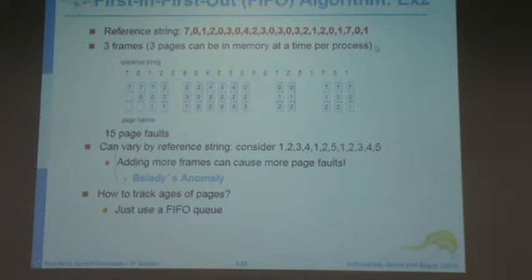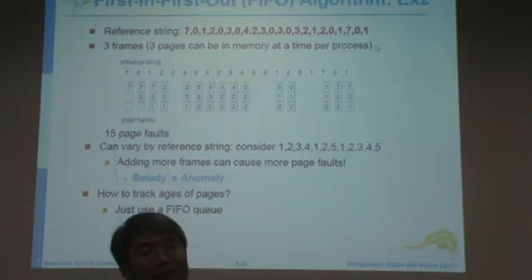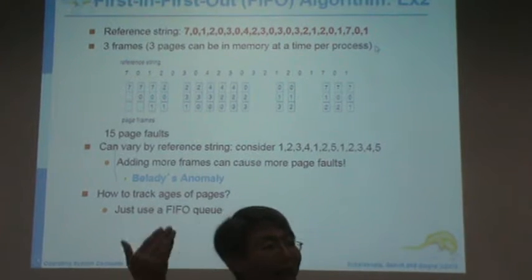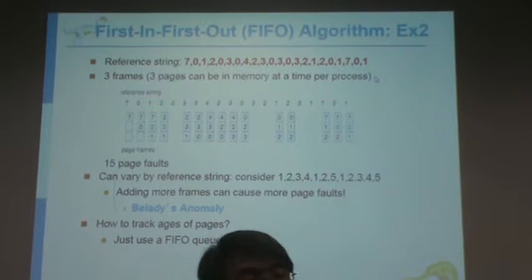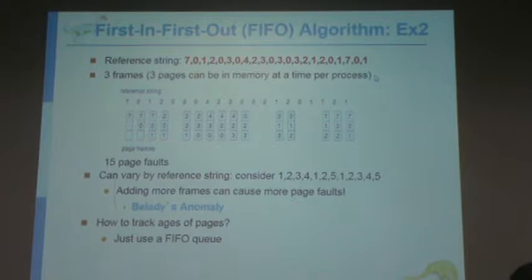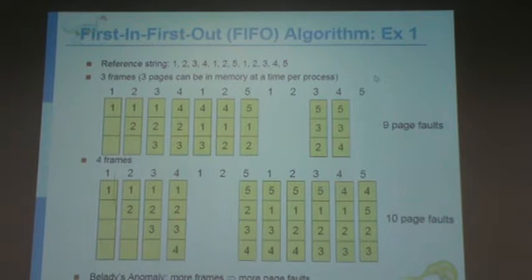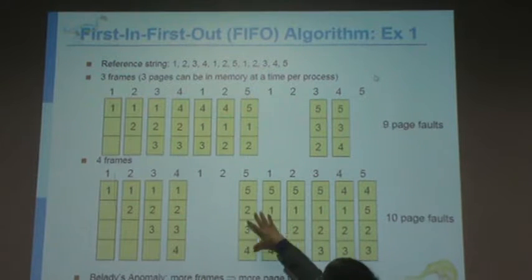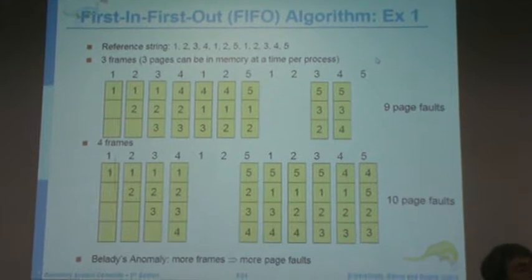Normally, the more page frames, the bigger the memory size, we probably guess the better the performance, which means fewer page faults, right? But it's not always true. Sometimes, even though we have